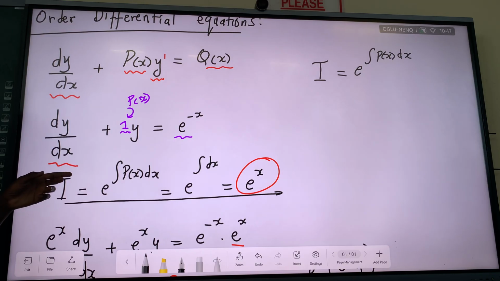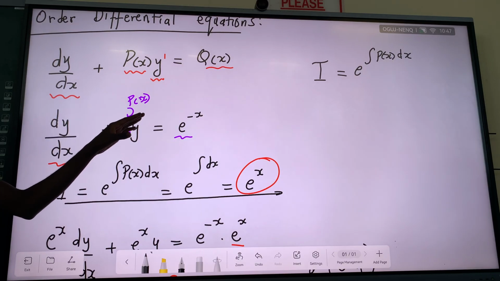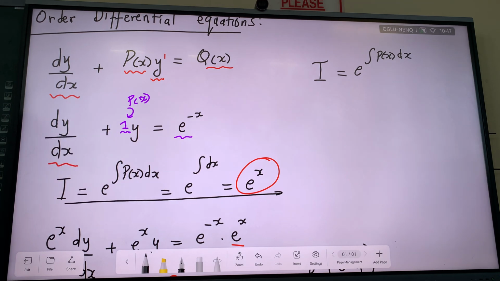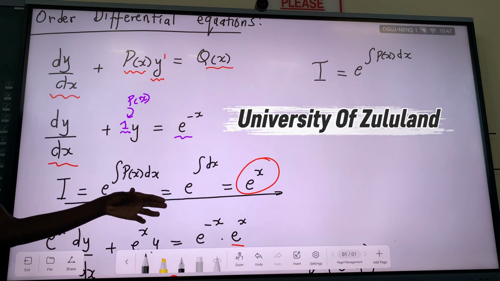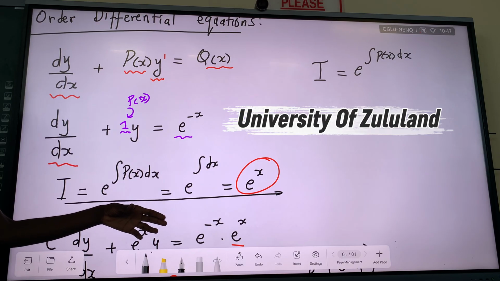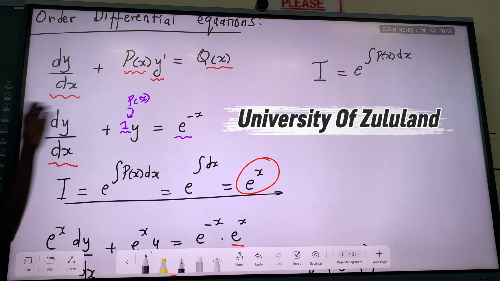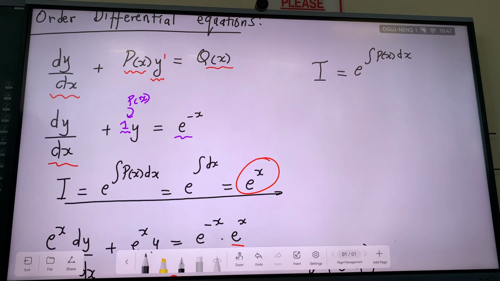If y is raised to the power 0, you will not write y, but it is there. It is 1. But here you check that every y you have is raised to the power 1. Once y is raised to the power of 2 and above, it's no longer a first order. It means now it is a Bernoulli equation, and you will change it in another way. But now you check this first. Once you check that the format corresponds, what do we do?